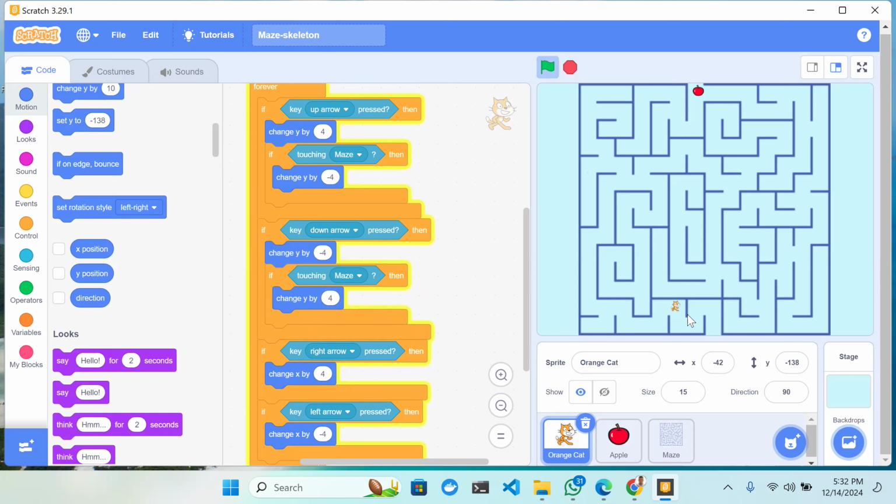Yes. So with this now, if I start the program and start it again, you find out that we're able to move up, but it can't bypass the boundary. We can move right, we can move left freely, but for the down, it also hits the boundary. Up hits boundary, down hits boundary, because we've been able to protect against that movement. So what next should we do? We do exactly the same thing for